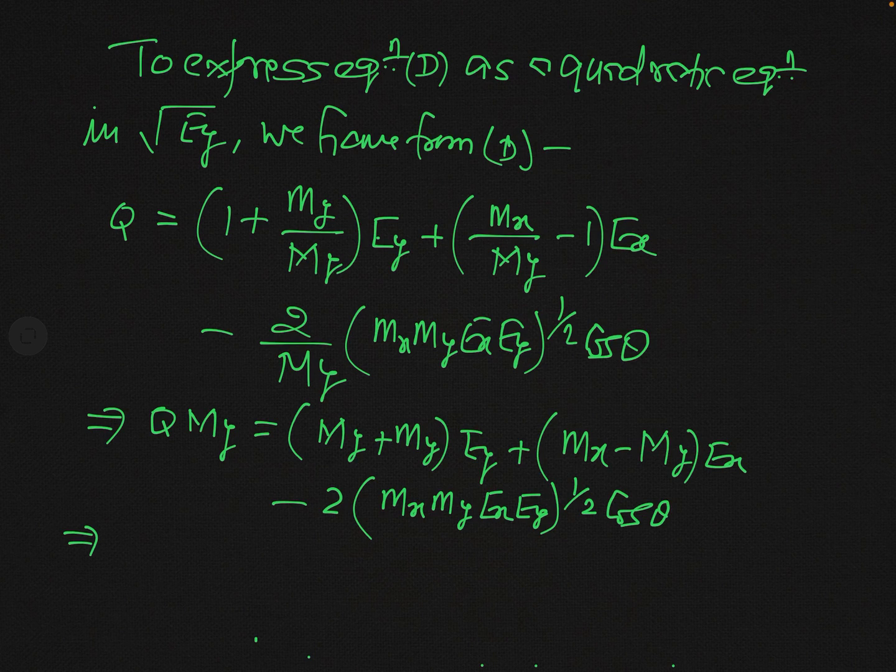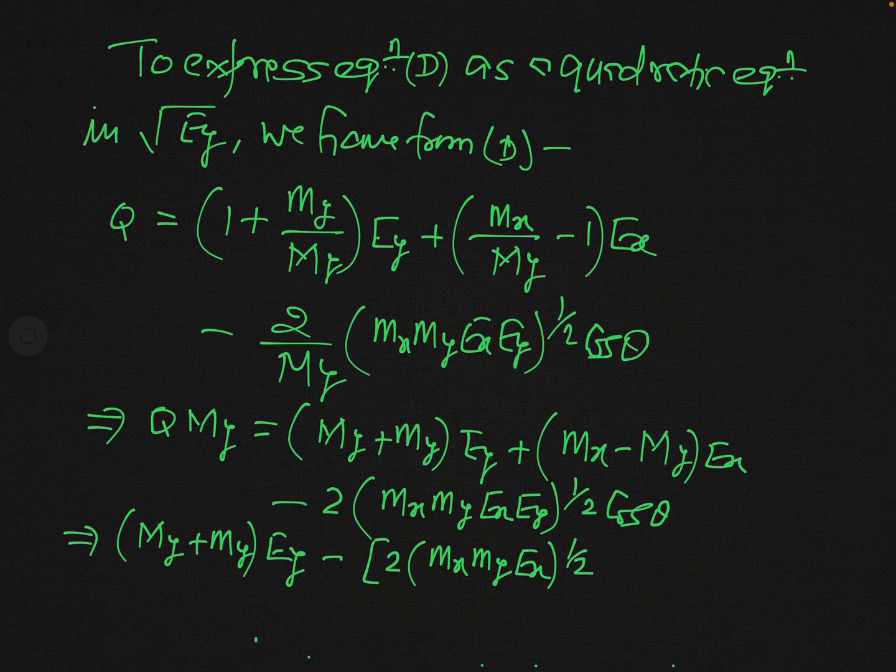Now let us rearrange the different terms in this equation, and you can see after rearranging that term, this equation may be written as My plus My into Ey, and minus 2 into root over mx into My into Ex into cos theta into root over Ey. I have just rearranged the terms,